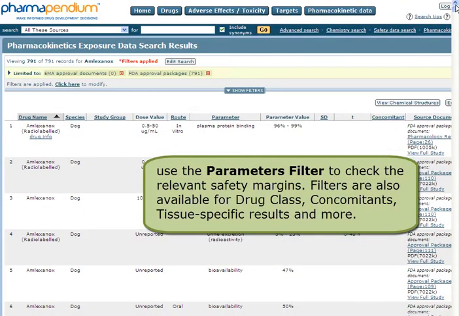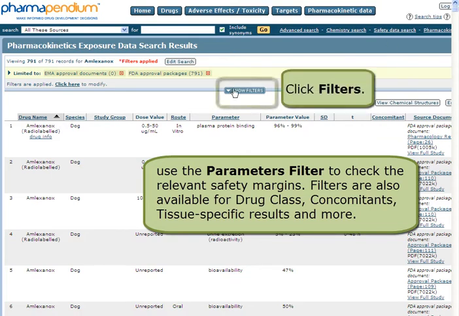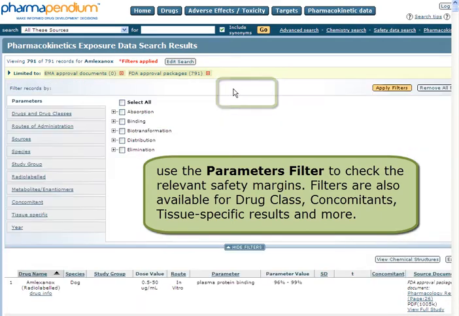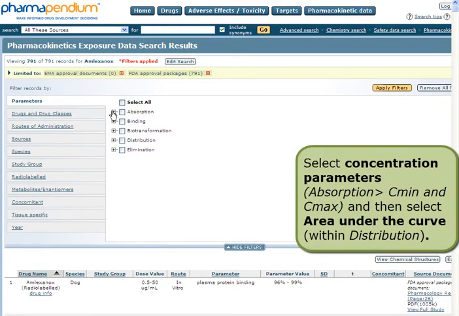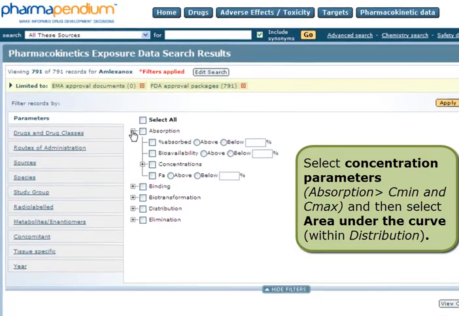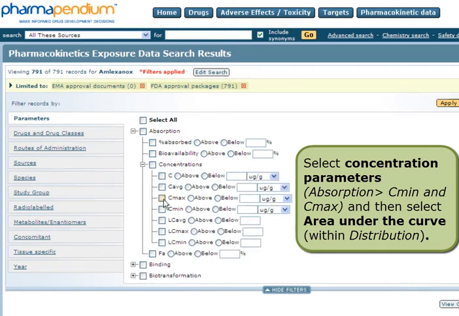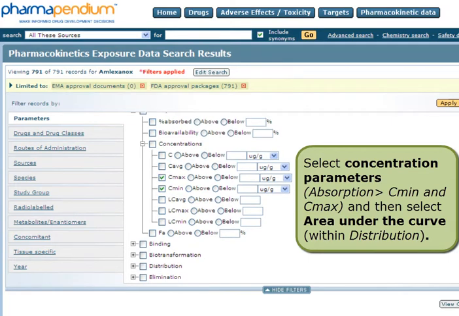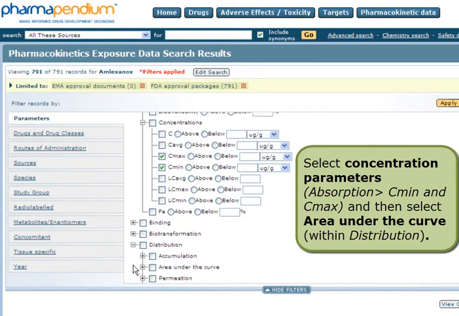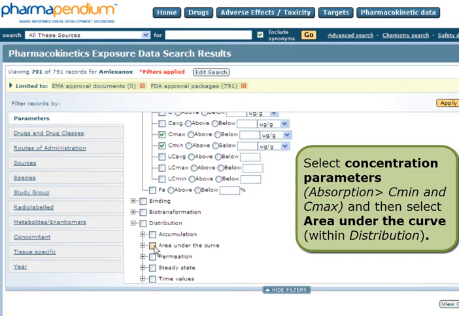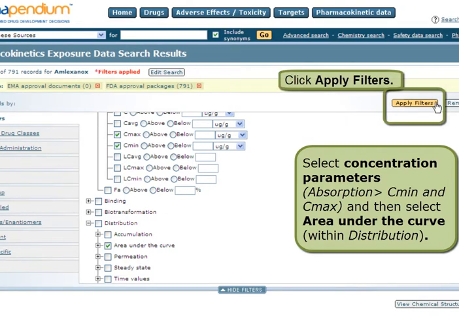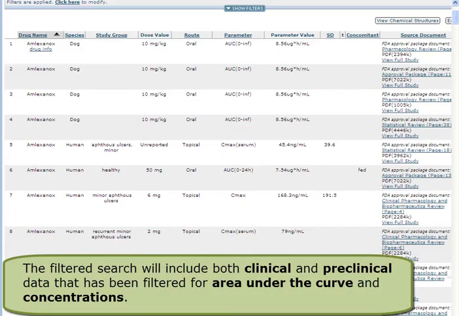Use the Parameters filter to check the relevant safety margins. Filters are also available for drug class, concomitants, tissue-specific results, and more. Select concentration parameters, and then select Area under the curve. Click Apply Filters. The filtered results will include both clinical and preclinical data that has been filtered for area under